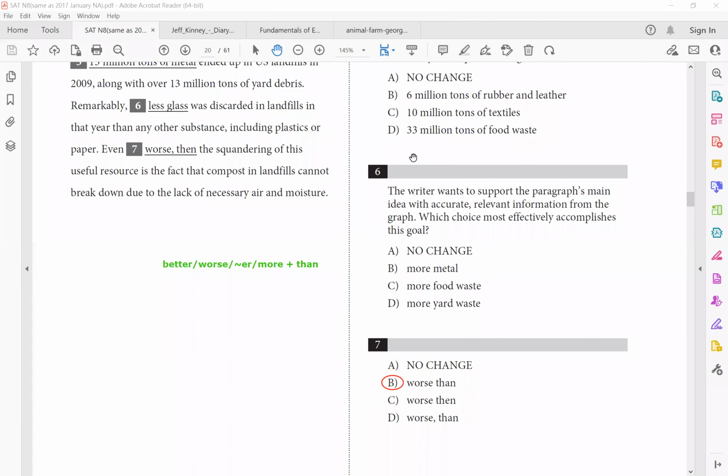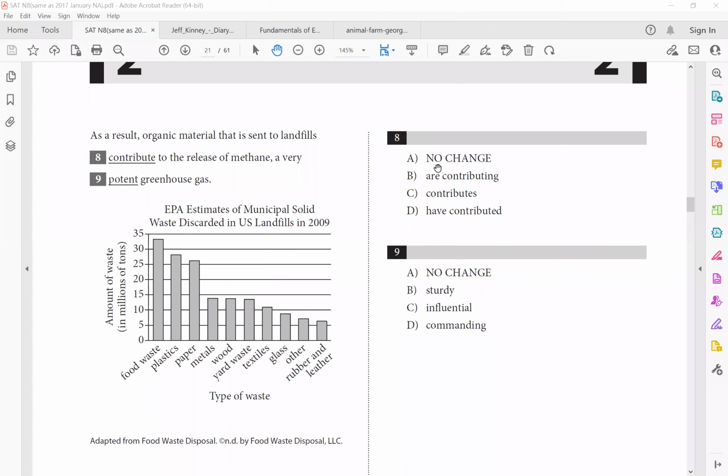Okay, and number 8. So I can kind of start skipping around because I see number 8, this is just a verb. For verb type questions, you want to first look at subject-verb agreement. Where is your subject, right? That's why you have to watch the other videos on phrases and dependent clauses so you can isolate your subject for these questions. Number 2, you can look at tense, and last but not least, active versus passive.